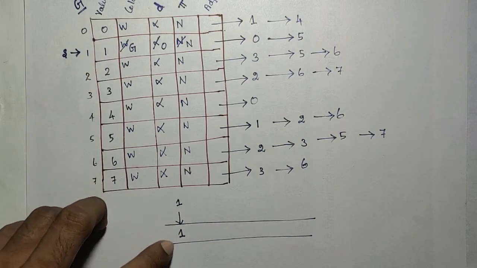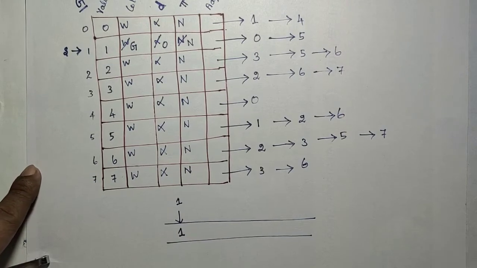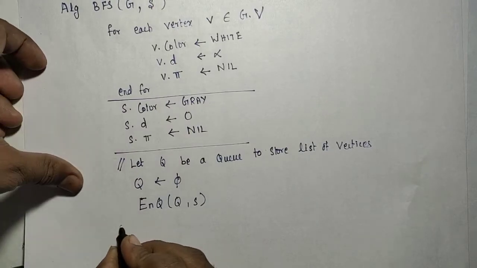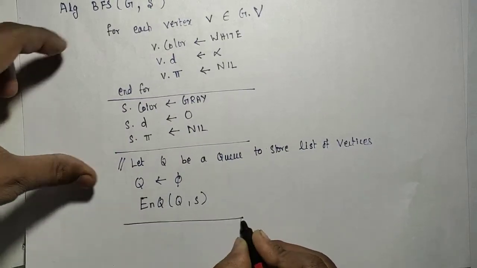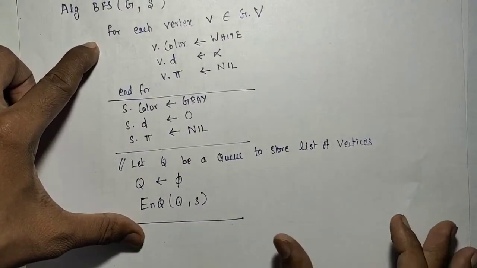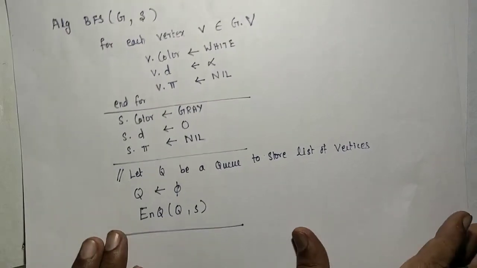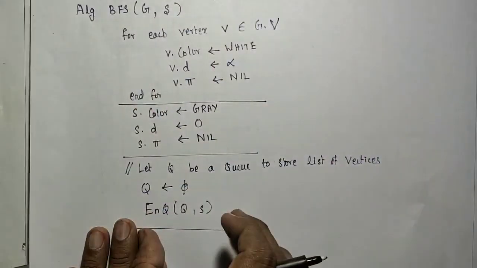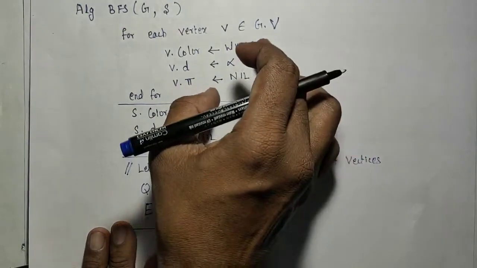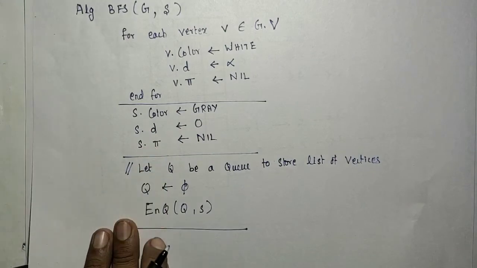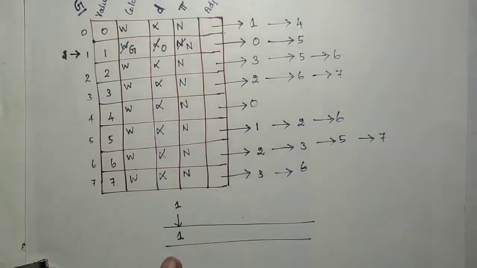So this is the insertion operation, and the deletion operation we will discuss later. So step 1, step 2 and step 3 are over. The next we are going to start an iteration. That is step 4. That iteration is just repeating the same steps. Very simple procedure. These are some initial actions to be taken: store the default values, visit the starting node, and then insert that into the queue. Correct.